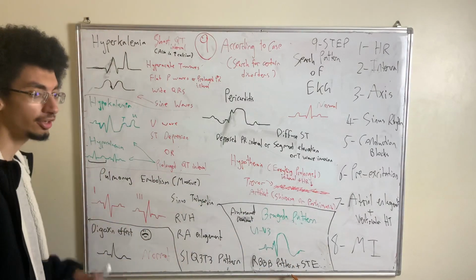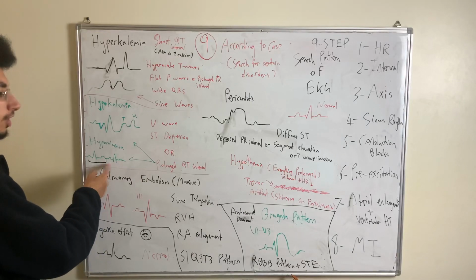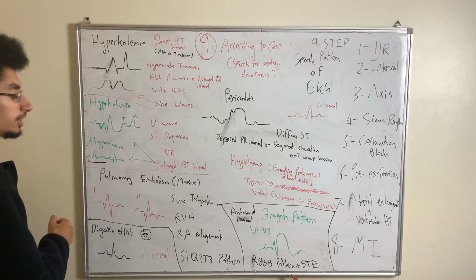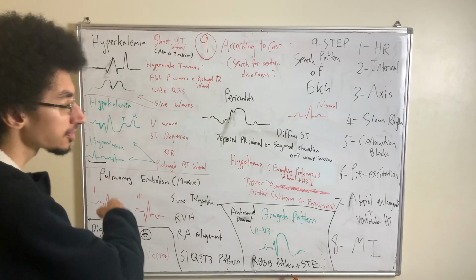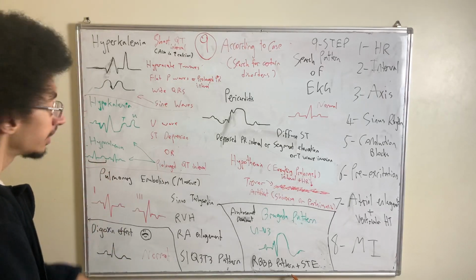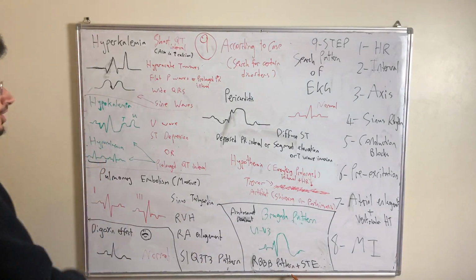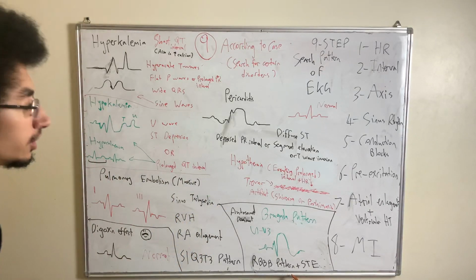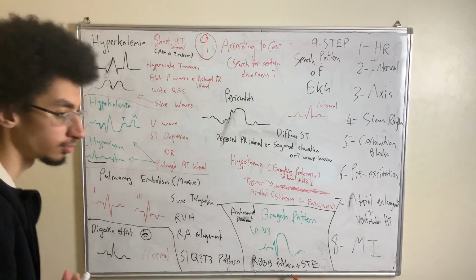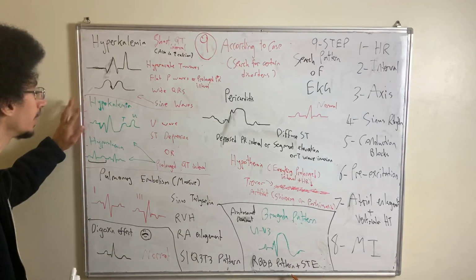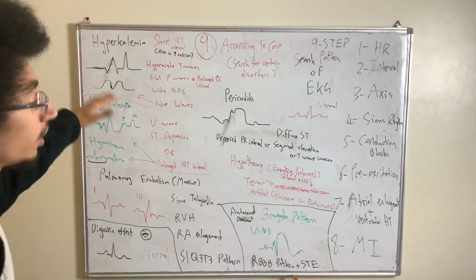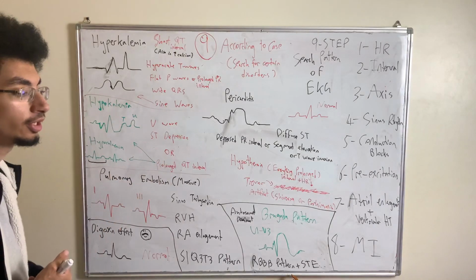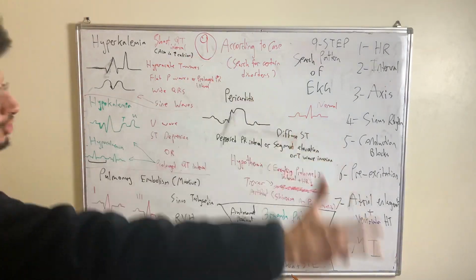So in such a scenario, if you have a prolonged QT interval between this sinus beat and this sinus beat, if this QT interval makes up about 50% or more of the RR interval, we have a prolonged QT interval, and it's very dangerous. So hypokalemia and hypocalcemia can be one of the causes of prolonged QT interval, joining with other drugs,